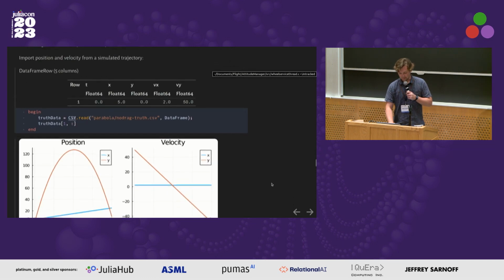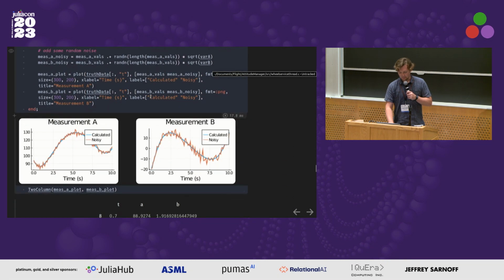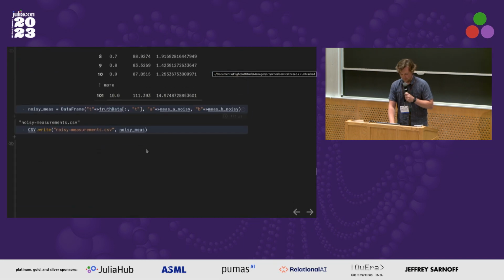Speaking of measurements, we have the same input state, but our measurements are now a lot stranger. So this is, again, the distance from some observer and the range rate. Before it was a nice parabola. You could probably eyeball what the velocities are. This, it's a lot less clear what this particle that we're tracking is doing. So this is a more interesting example of the filter. So we save those out,